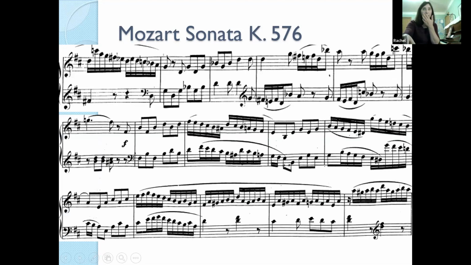Okay, how about this one? Do we see it anywhere else? We're looking for that sol, do idea. Okay, well, we have it right here. But the question is, do we actually have any kind of imitation happening? Or is it only the theme just in one hand long? Well, we're looking for F sharp and B. What do we have in the left hand? F sharp and B. Okay, so what is our harmonic interval? Well, it's an octave, buddy.